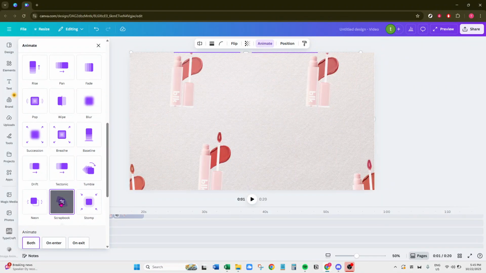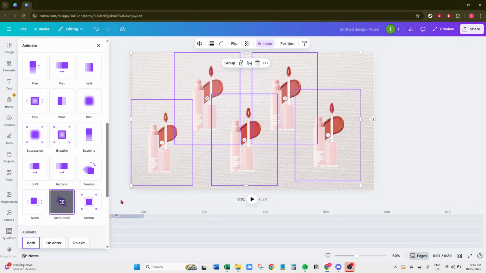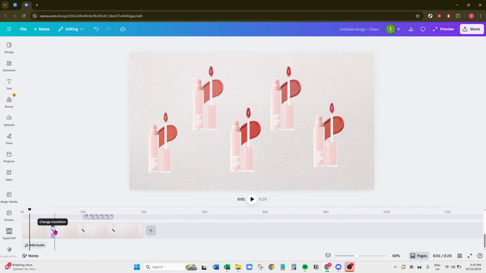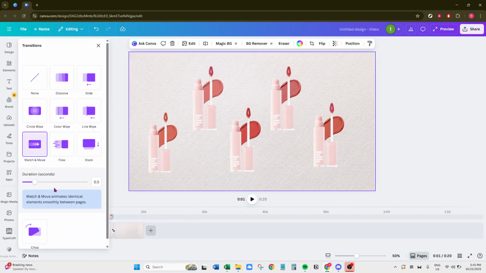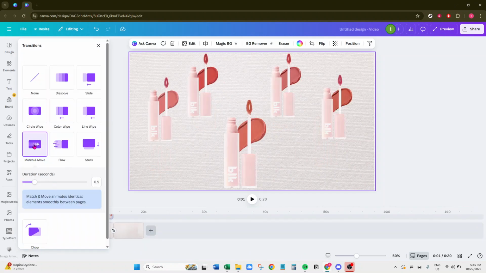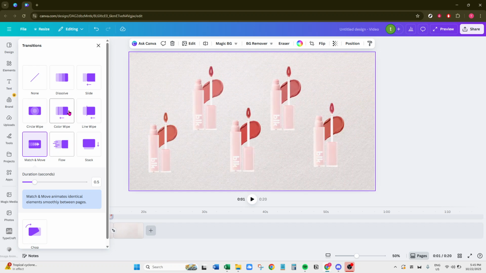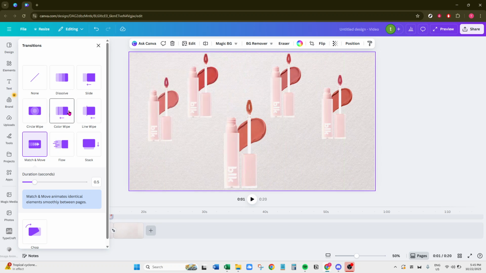Animation between pages can create a seamless viewing experience, so let's not miss out on that. Click between the pages you've created, and you'll see an option to Add Transition. Transitions are great for guiding the viewer's eye and maintaining flow. Select from options such as Dissolve, Slide, or Circle. In no time, you'll create a truly engaging product showcase.